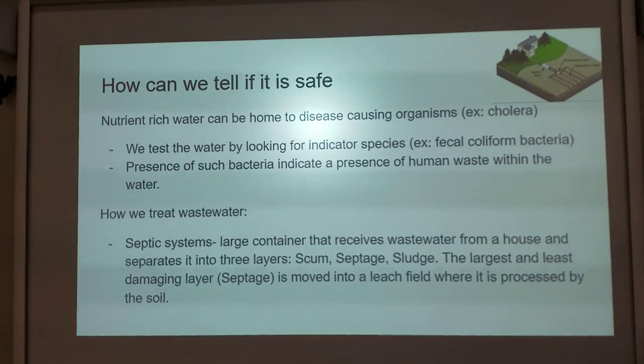The first thing is you need to test the water to see what type of wastewater you have. Do you have bacteria that are growing in it that are harmful to humans, or is it water that is fairly clean? So how do we test it? Well, we look for specific organisms, and these are called indicator species. Now, indicator species can be almost anything. For example, you can look at crawfish in a stream or a pond.